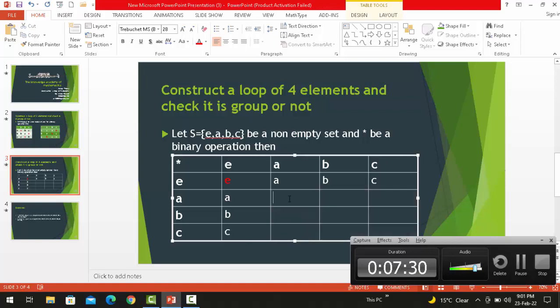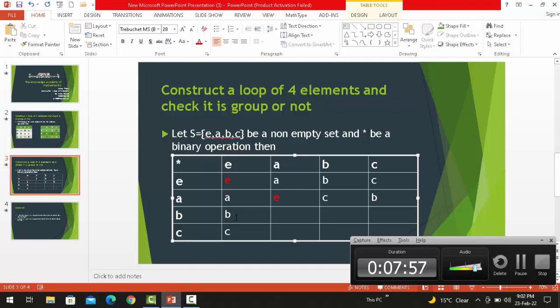Okay, I fill this row, I fill this space in such a way that there is no repetition between the rows and between the columns. If I fill this entry, A is also here, so the remaining parts are E, B and C. If I put E here and C here and B here, you see that there is no repetition.